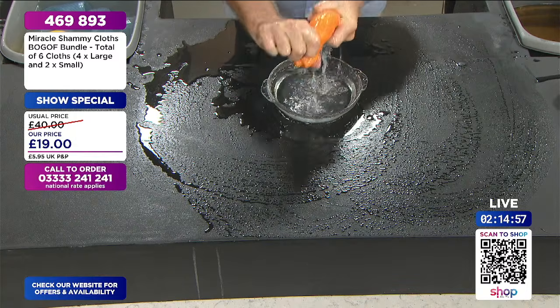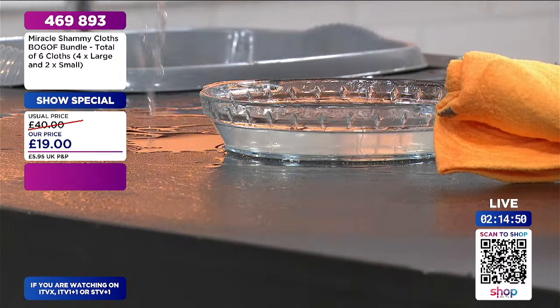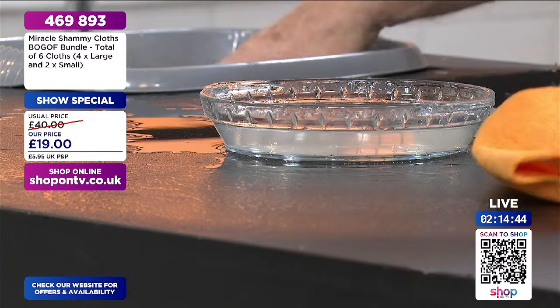I mean, that is amazing. That's a lot of water. There's actually a lot of liquid. They absorb up to 20 times their own weight. I don't think there's anything else that would pick up that water. They're probably half the size of a decent sized bath towel, but absorb maybe 3 to 5